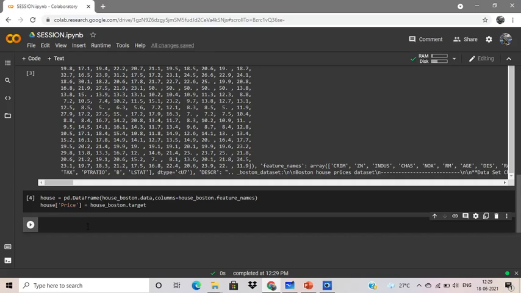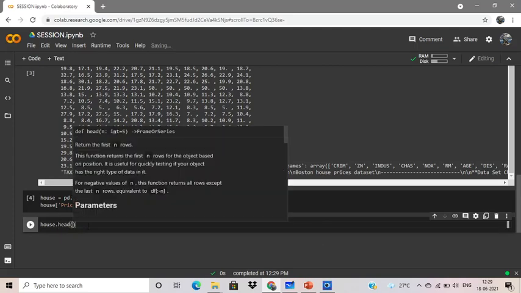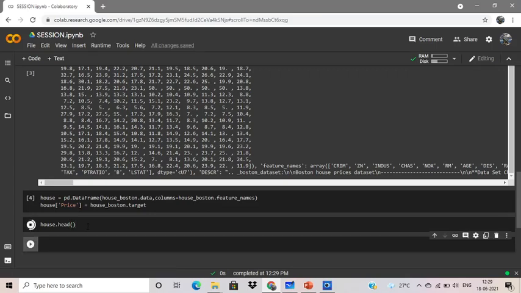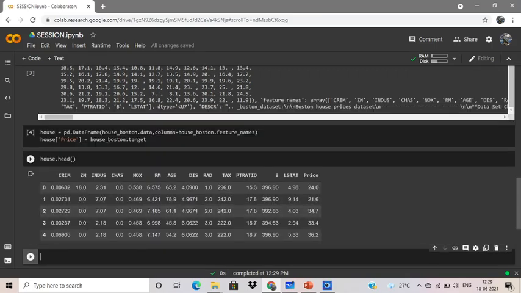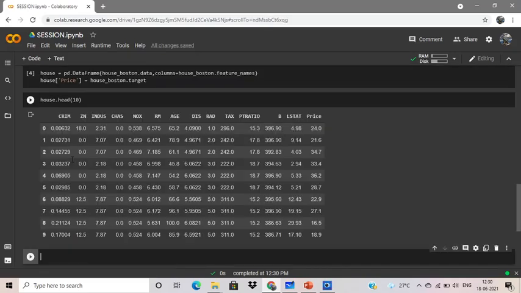So let me just show you now how this data set is looking. Let me show the first five lines of this data by using head. So head will print the first five rows of this data set. Here you can see that different columns are here, and the last column, the target column, is price. And here you can see that age, rooms, crime rate, all are mentioned. If you want more rows, then you can print like 10, then it will print 10 rows. So here you can see that 0 to 9, 10 rows are there.